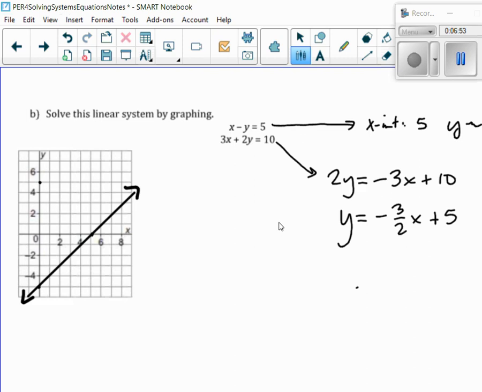Go down 3, 1, 2, 3 over 2. Sometimes you want to do that a couple of times so you can get your line good, right? If you only do 2 points, sometimes if you're just a little off, you won't see the intersection well. So you might want to do the slope and a point, a slope and a point a couple of times. Okay. So,